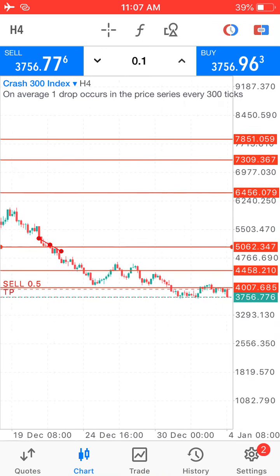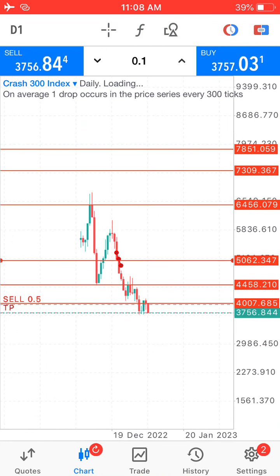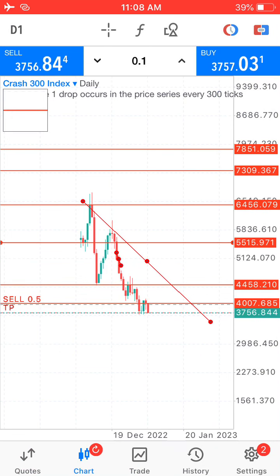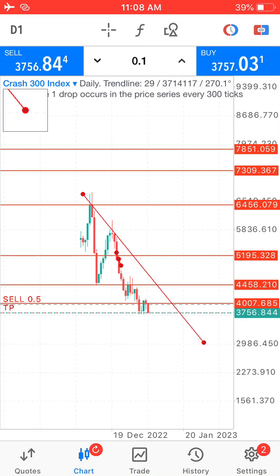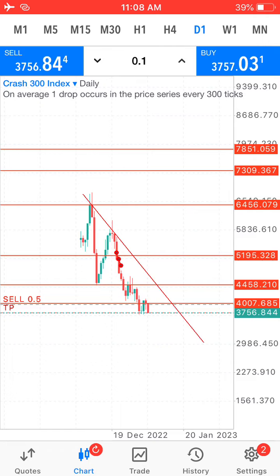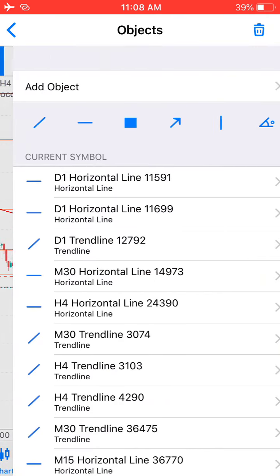You see here already that if you look at the daily time frame, even the 4-hour time frame, you're going to see that this is a downtrend. Market has been going down and down, and if you are to draw this, you've seen that this is a downtrend on the daily time frame, and also going to the 4-hour time frame, it still shows it's a downtrend. Even if you want to draw it from here,